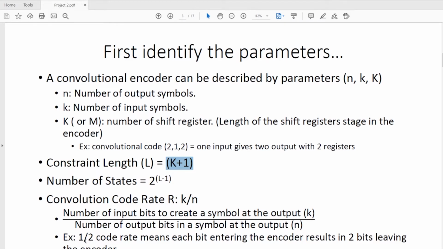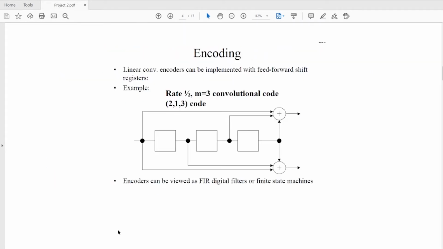For example, a 1 divided by 2 code rate means each bit entering the encoder results in 2 bits leaving the encoder. That is, the number of input bits is 1 and the number of output bits is 2, so 1 divided by 2.